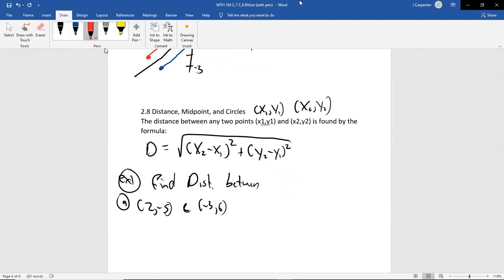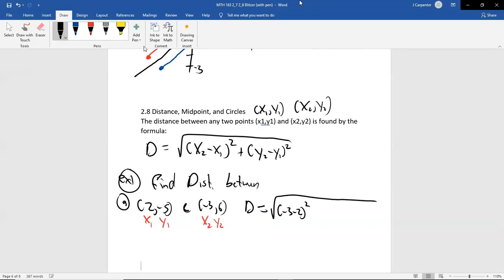All right, so if you want to label these, the 2 would be your x1, the negative 5 would be your y1, or I could call both of those 2's, it wouldn't really matter. This would be your x2 and your y2. So your distance formula would be the big old square root of, I'm going to go in the order I see just for consistency, but again, there are a lot of different orders you can write these things and still get the right answer. x2 minus x1 is negative 3 minus 2.